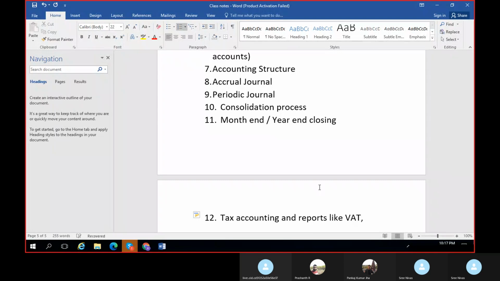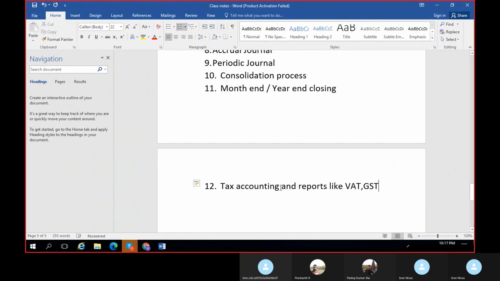like VAT, GST. Since a few countries are still using VAT, and in India we are using GST, right? So as per the company requirement, we will have to configure this tax accounting. The reason why I'm using the term accounting is, at times what happens, for example, I am not sure whether you are aware about this topic or not.